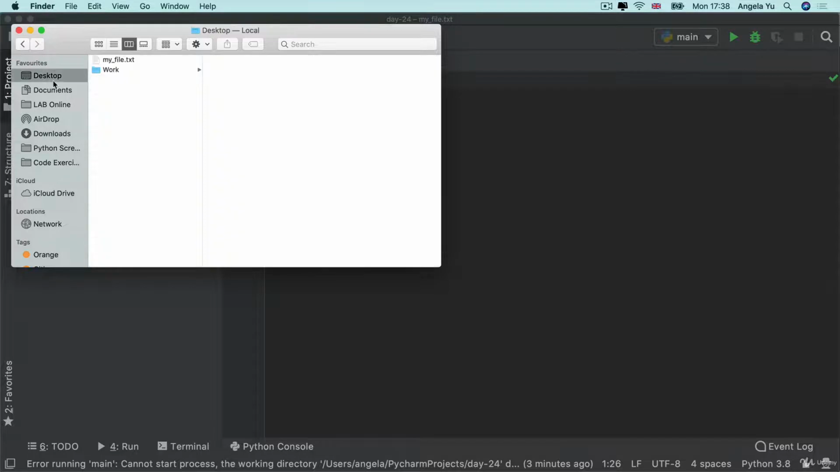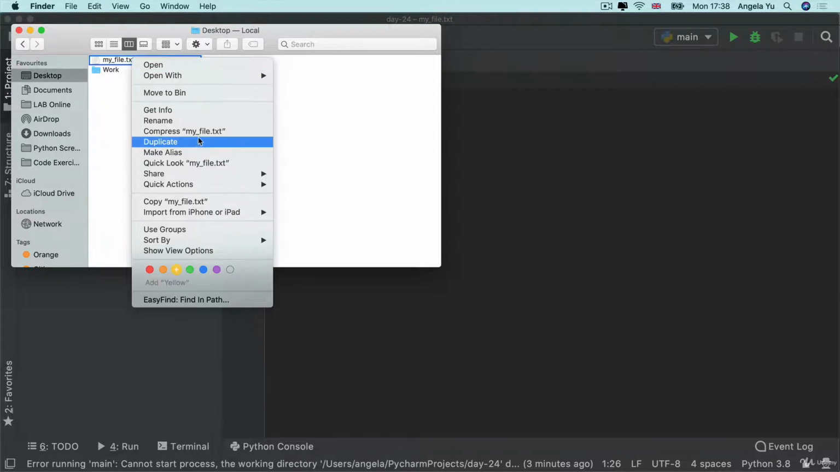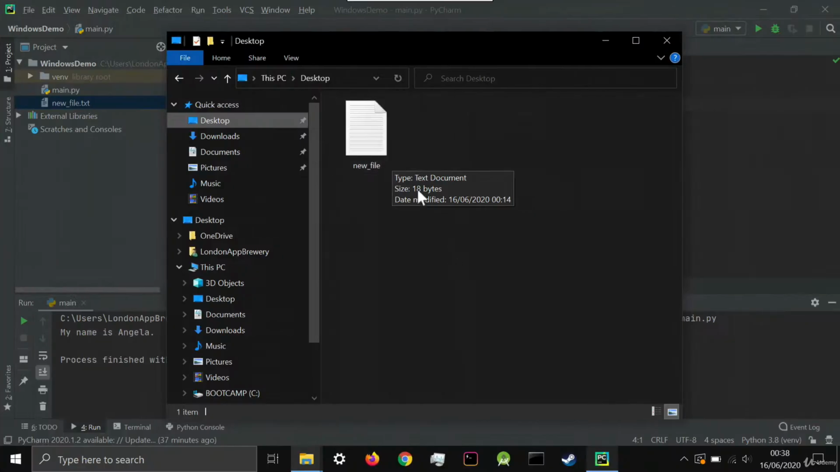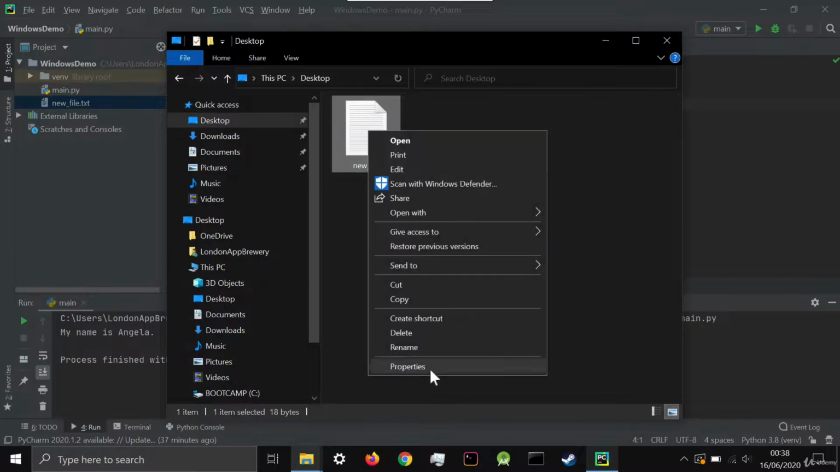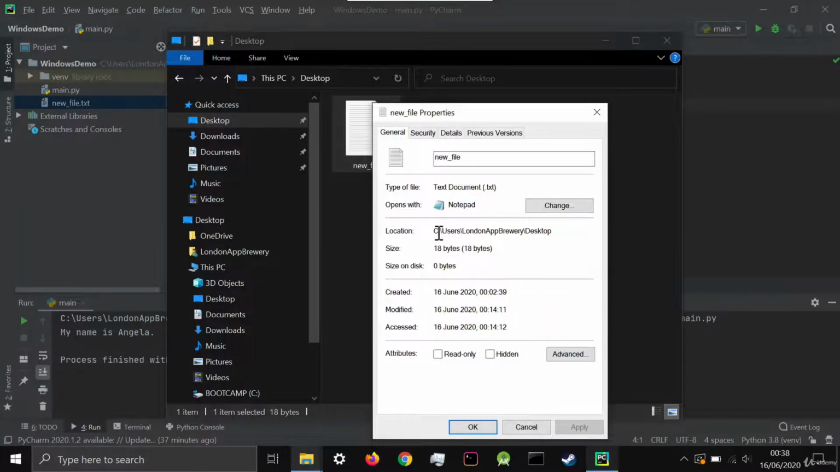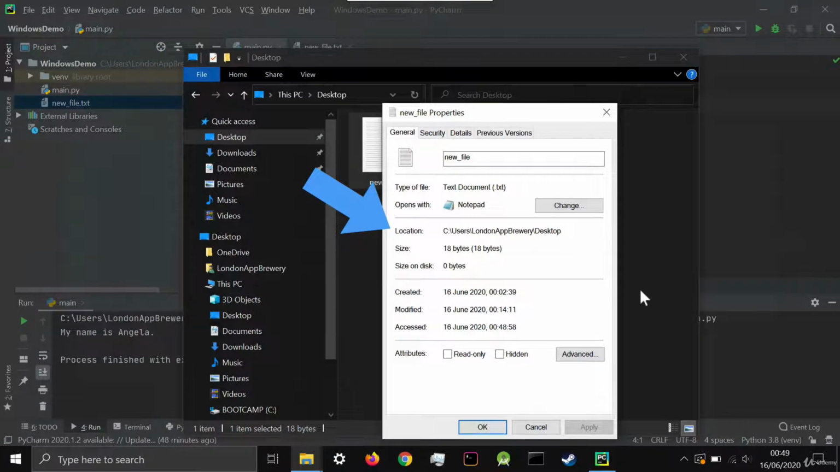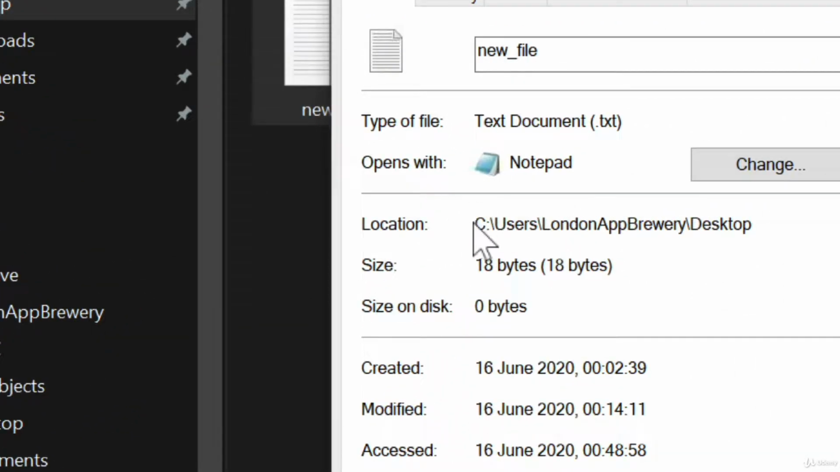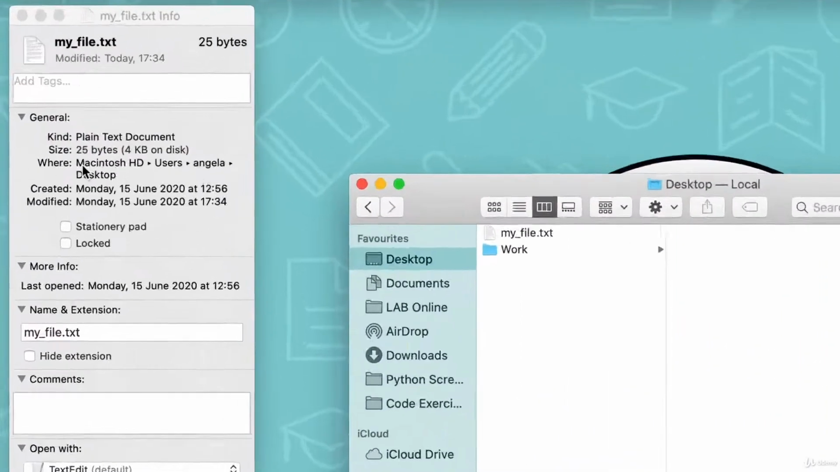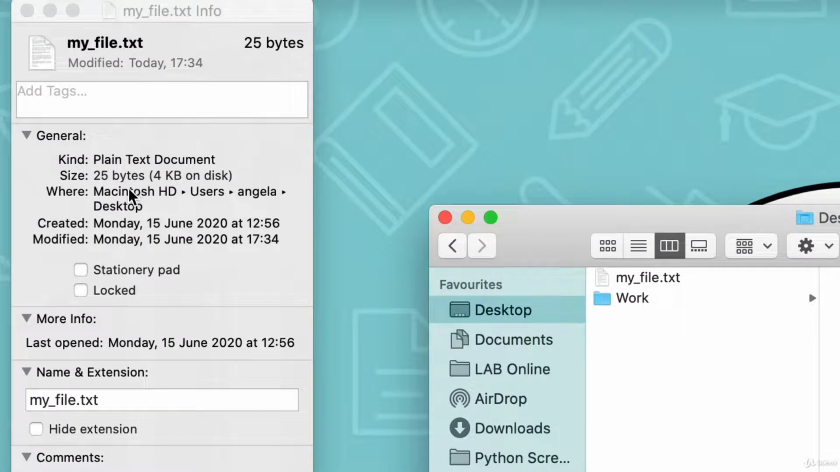And what I want you to do is go to the desktop, right-click on that file, and if you're on a Mac, click on Get Info, and if you're on Windows, right-click and go to Properties. Now, what you're looking for is this location here. You can see that this current file, new file, is located under the root folder, which in this case is the C drive, /users/lunanapory/desktop/newfile.txt. On a Mac, you can see that it's located under the root folder, which is Macintosh HD,